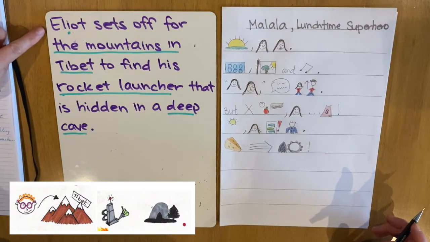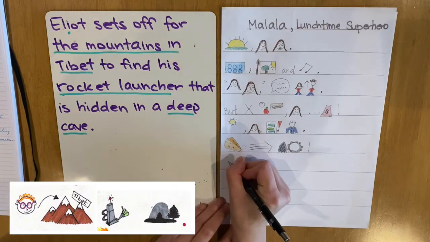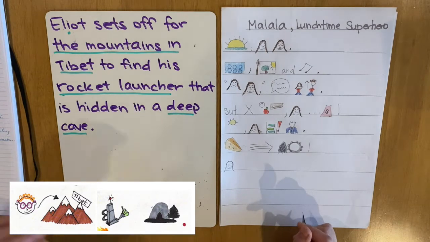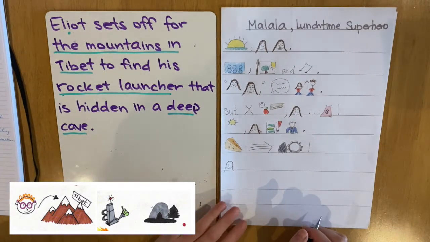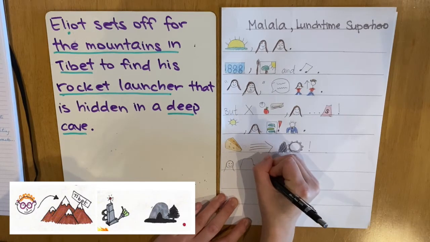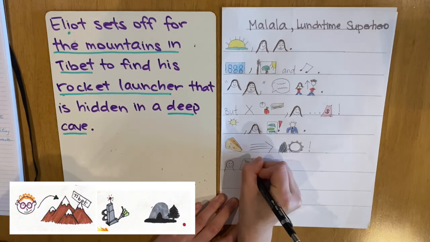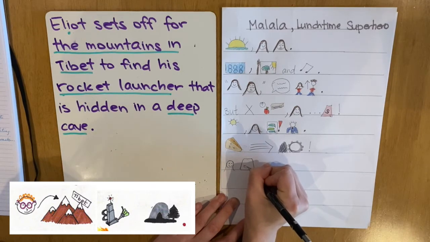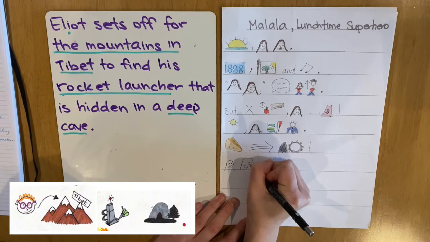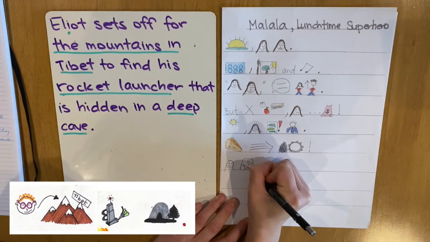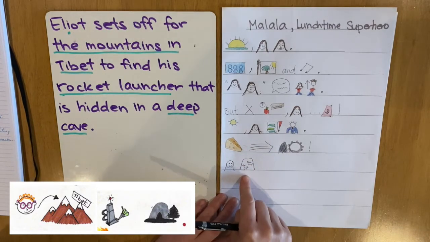So I'm going to change Eliot because my character is named Malala. So I'm going to draw a picture of Malala and I will color it all in later. So Malala sets off for the mountains in Tibet. I want her to set off for a farm in Kent. So that's a place not far from here, and she's going to go to the farm because that's where her weapon is located. And then I'm going to draw some very basic looking sheep. There's my sheep, some feet and its ears, and when I color it in later they will look more like sheep. So Malala sets off